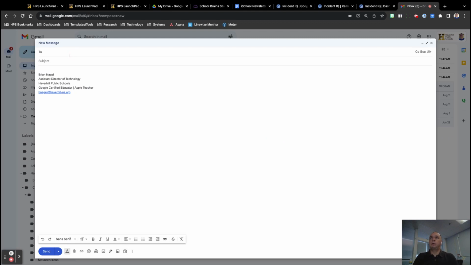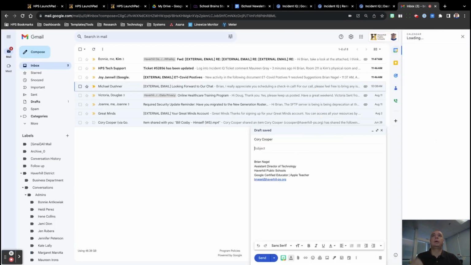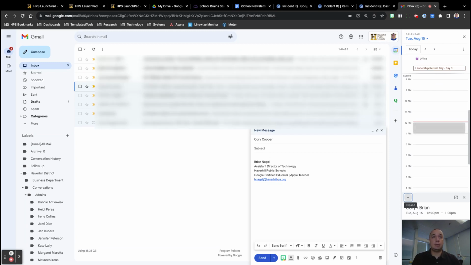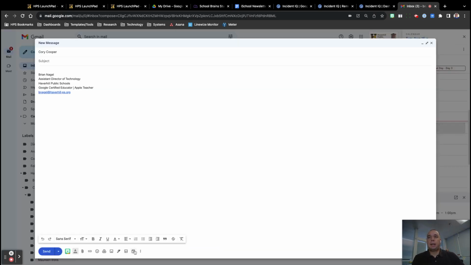And when you are looking to meet with somebody, and you click the calendar icon, it gives you two options where you can create a calendar event right away within the email. So rather than having to bounce to your calendar and do a date and all that stuff here, we can just click create an event. It pops us over into a screen that we can see not only our calendar, but also the availability of the person that we're trying to meet with. And then we can schedule a meeting right here without ever leaving the email, and it inserts all those details right away. Likewise, if we're going back to that calendar button, we can offer times that we're free.